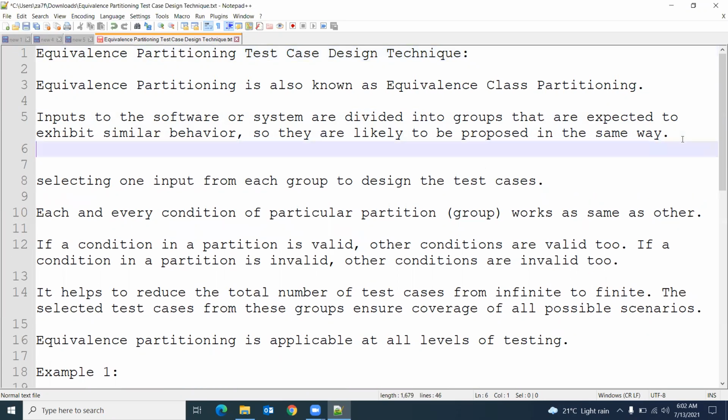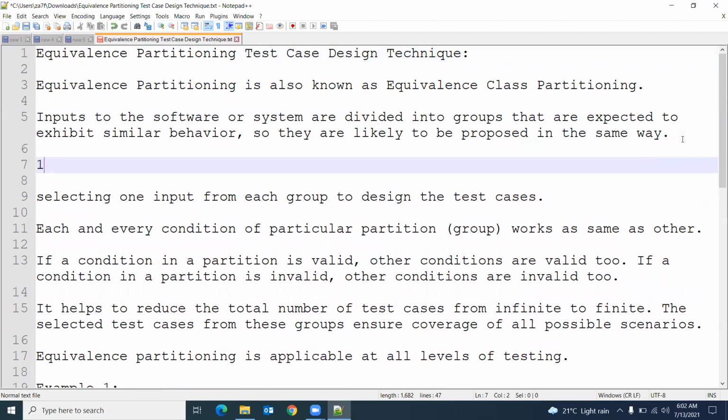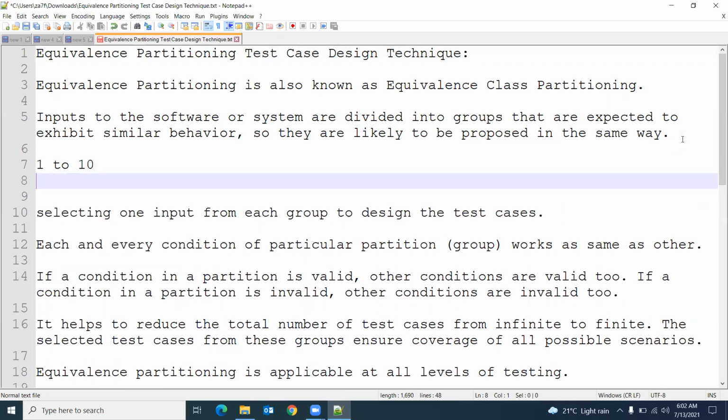Means in case you are getting a 1 to 10 range, here we are going to divide the equivalence class partition. One is the whole range, and also 1 to 5 and 6 to 10.